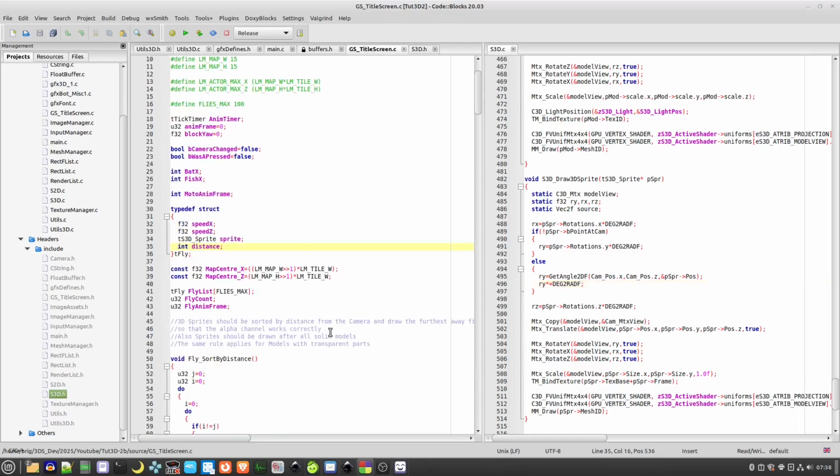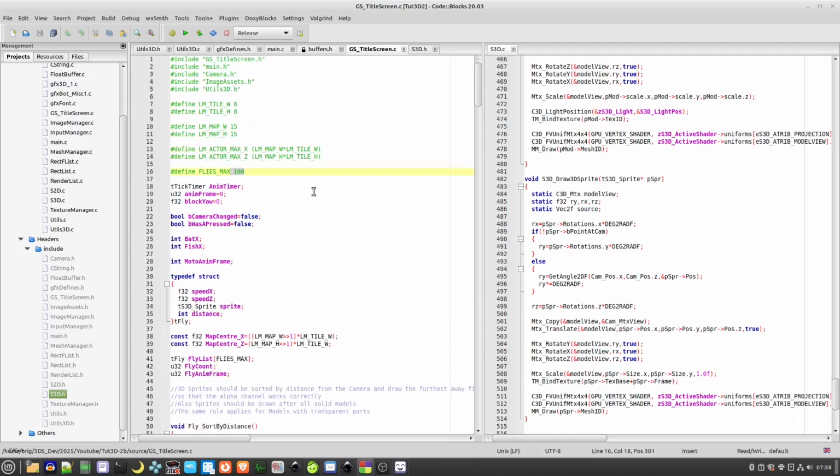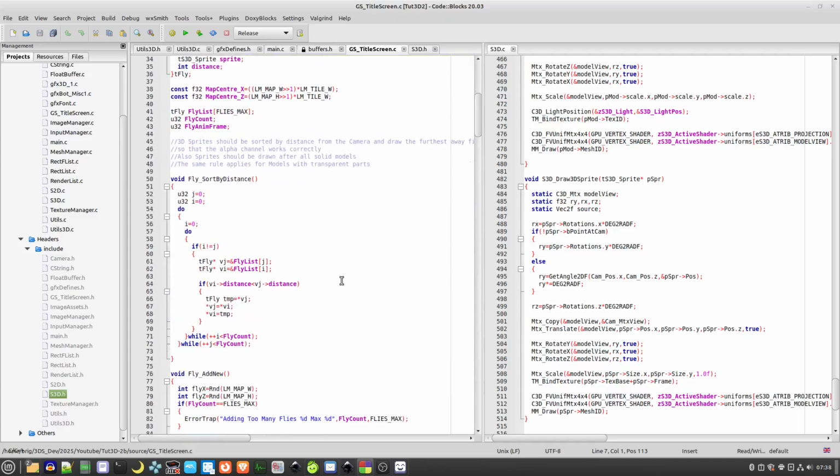So in here we have a list of fly objects. You have a maximum here of 100. This info here is just to set some sizes and some boundaries for our little scene. This part here is the sorting function. It uses a bubble sort to do that. We have basically one loop inside of another,